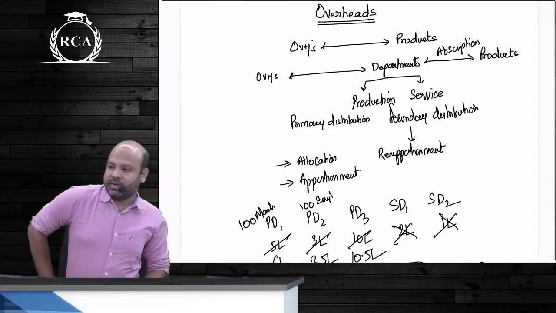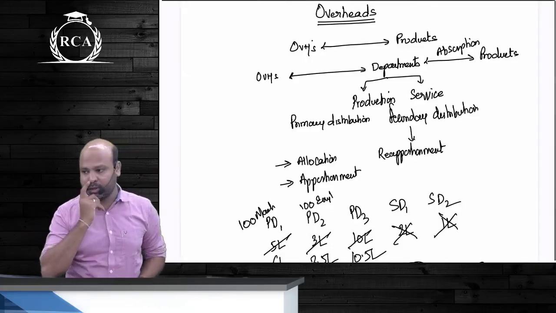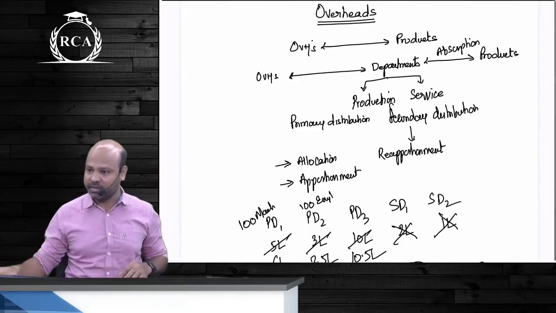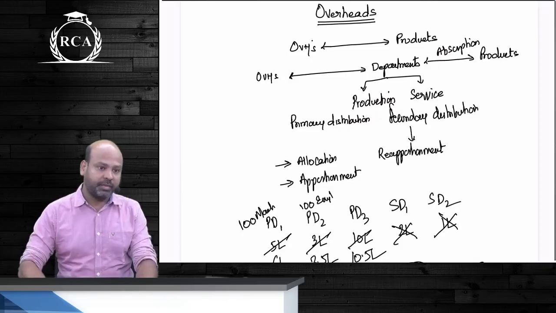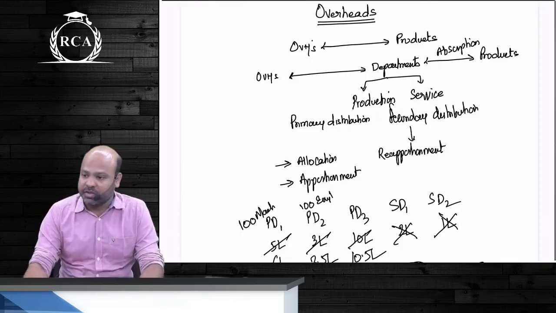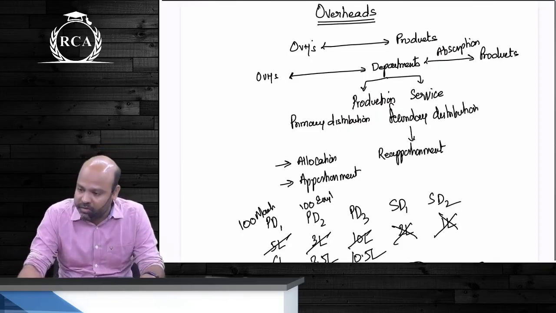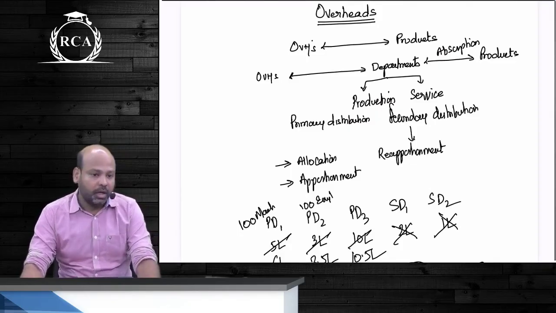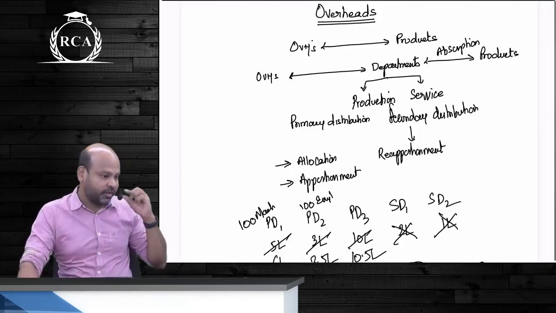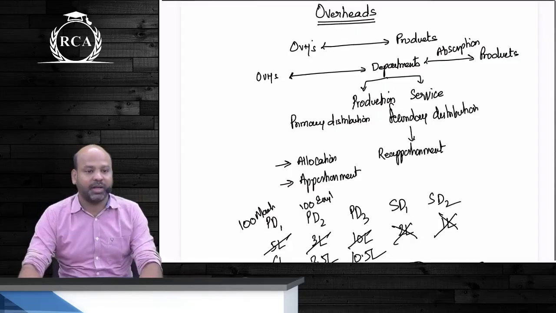Let's quickly revise this chapter better. So the first thing that I said, overheads are indirect expenses which are not directly identifiable with the end product. Under manufacturing expenses, we divide all expenses into direct and indirect. The sum total of direct expenses is called prime cost, and all the other indirect expenses